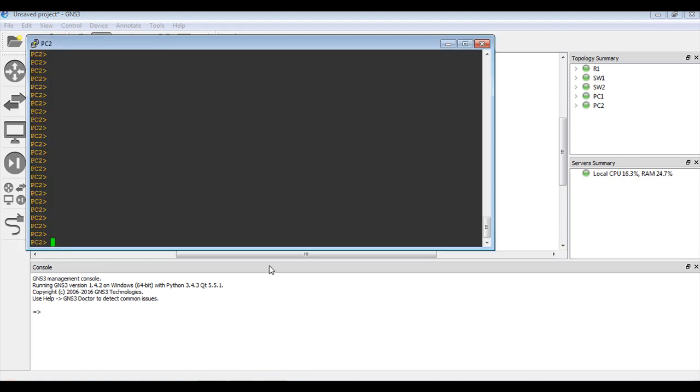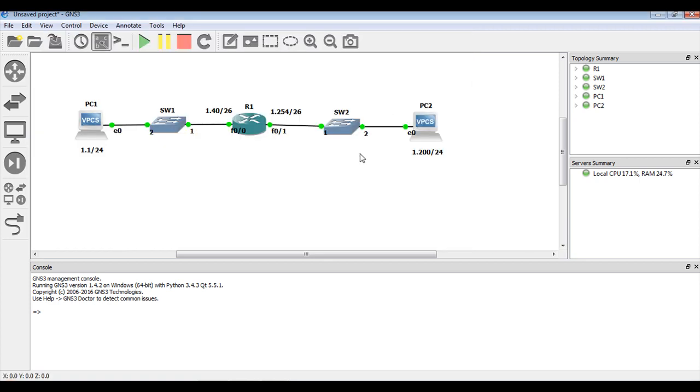Now for the other host, PC2, let us see its configuration. We see that it is in the network 1.0, or the same range, so its address is 192.168.1.200, but it also does not have a default gateway. And although the two devices do not have a default gateway,